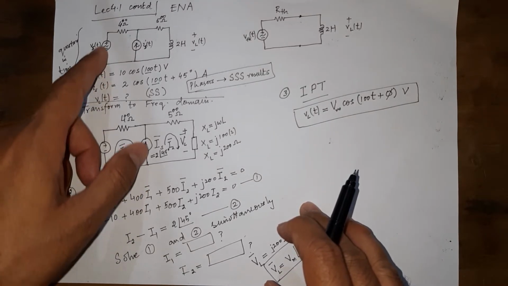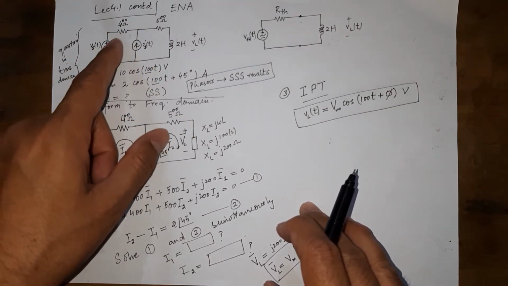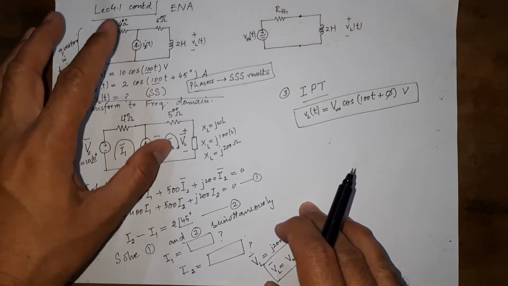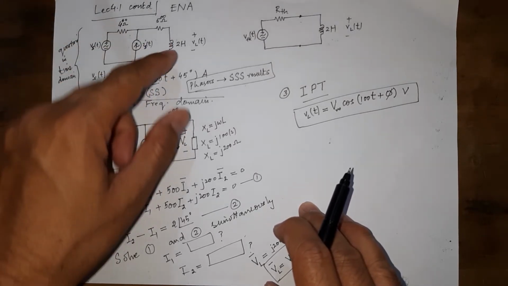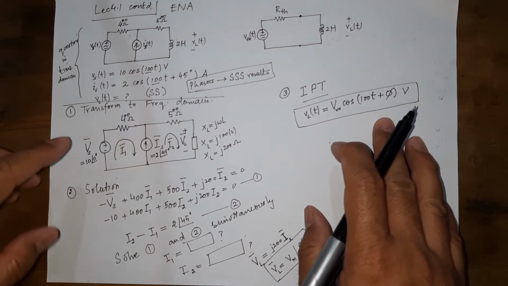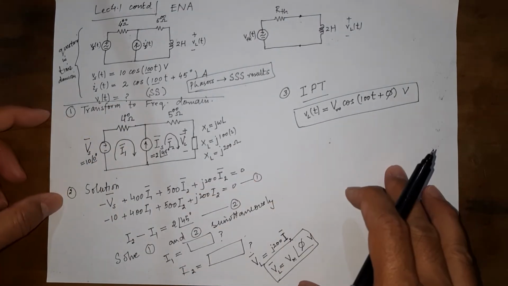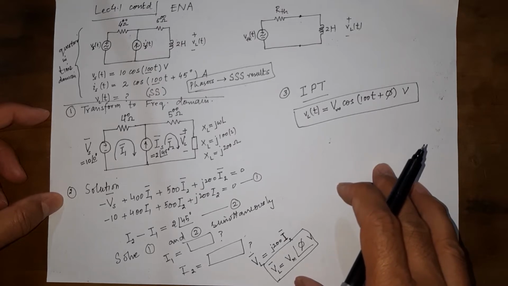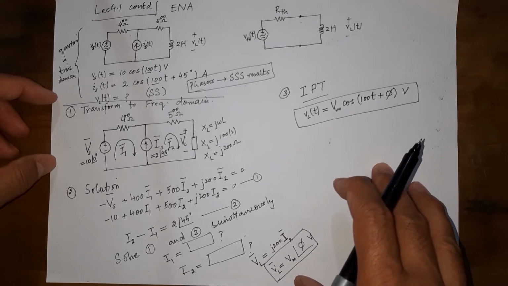So when this circuit, when the application of these sources is stabilized and the transients are gone, this voltage across this inductor is going to be found by this expression in this way. This is how phasor transform helps us to solve the circuits.